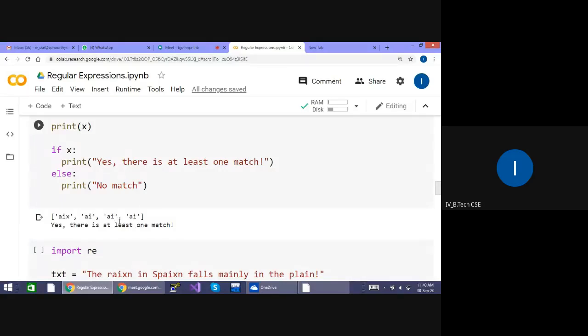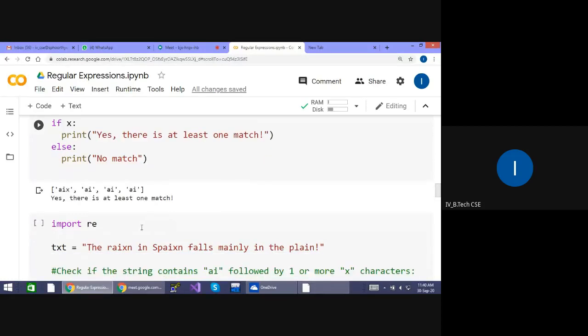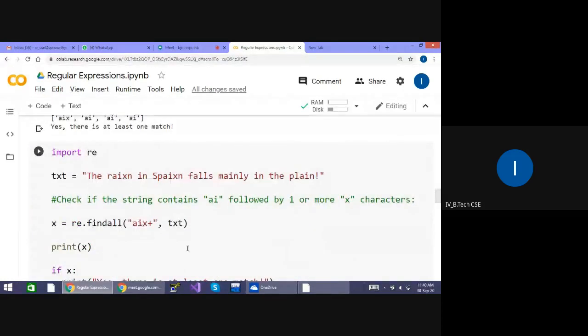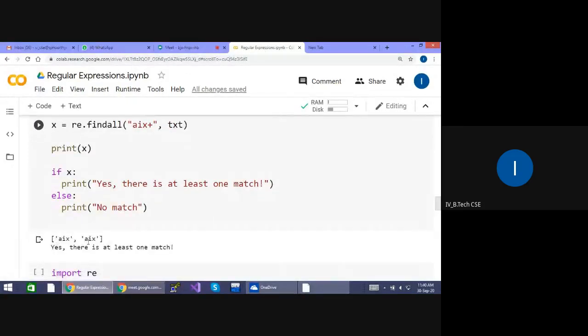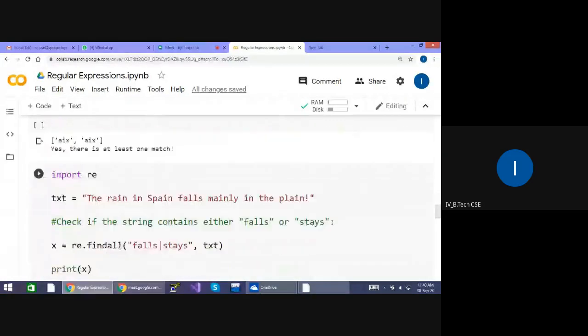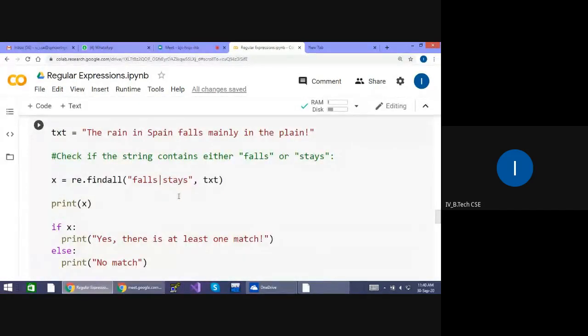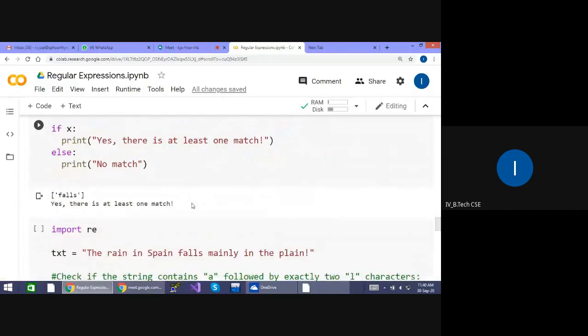AI is present three times, so in total four times it gave, for zero or more characters. And this is for one or more characters, so two matches are there. So one or more. Like this, this is either this or that. If either this or that is present, then we have to give yes, otherwise false. Now,